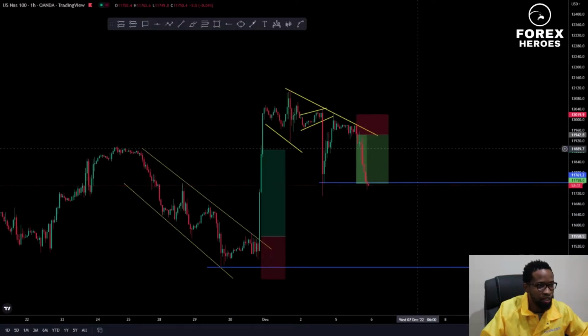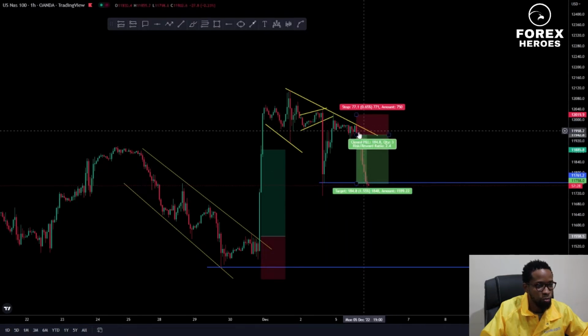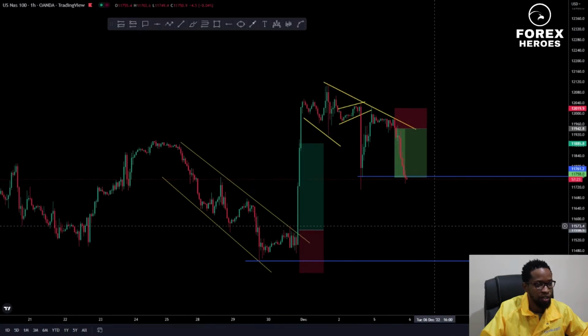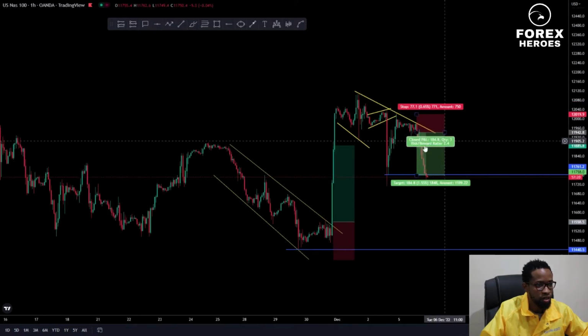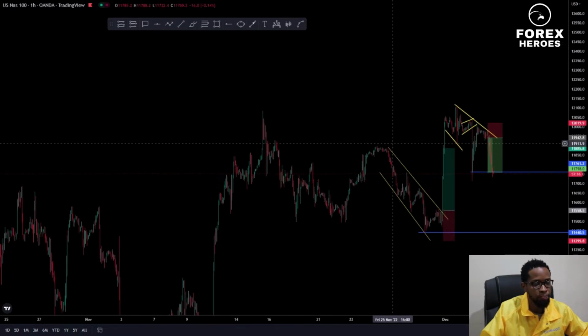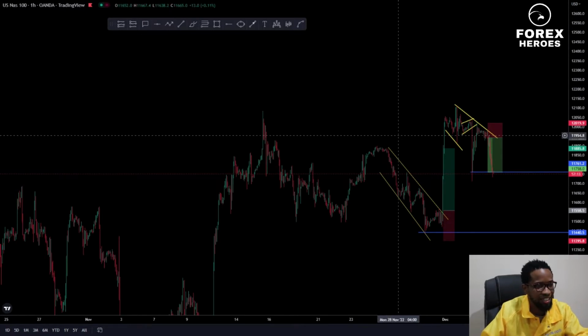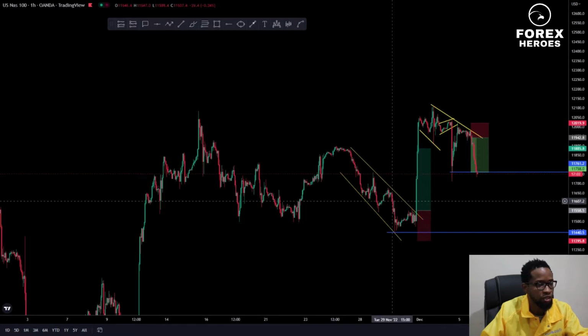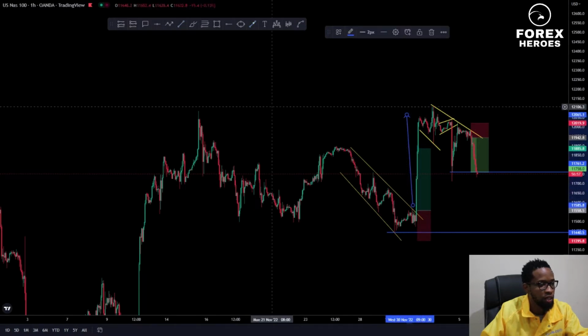I'm on the 1 hour time frame on Nasdaq. As you can see, we managed to capitalize on the sell here, and also we managed to capitalize on the buy here. So it's been a very profitable setup, and also we are able to understand the movement that is happening. One thing I'd like to tell you guys is that with Nasdaq, you have to understand that it's very volatile, and sometimes it creates many patterns within a pattern, and sometimes the pattern that you can say, for instance here, if you said the market will reach this point here,